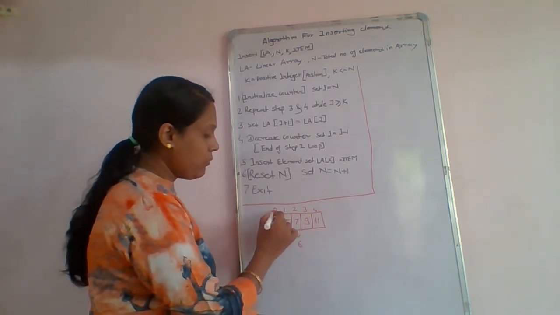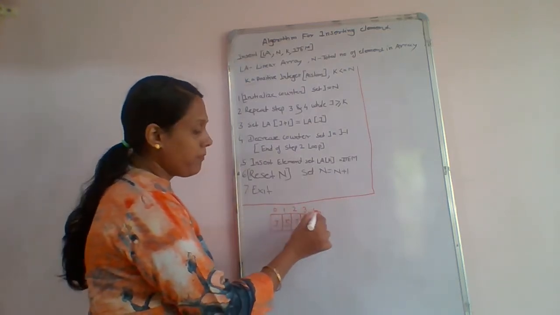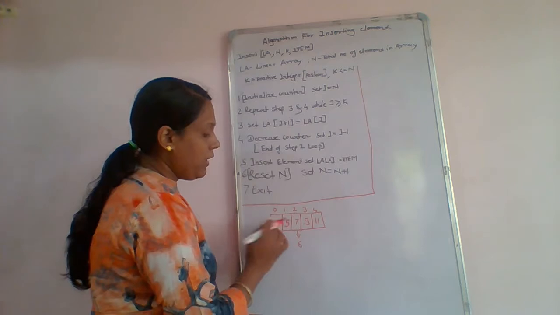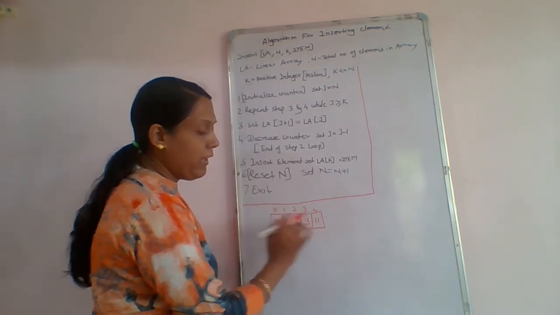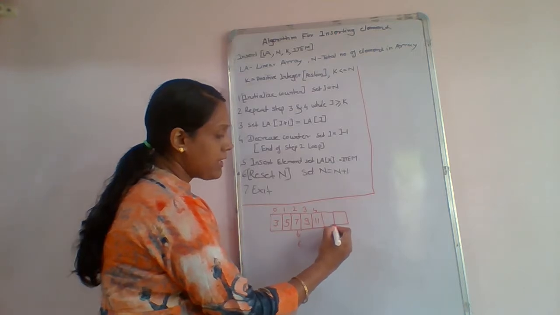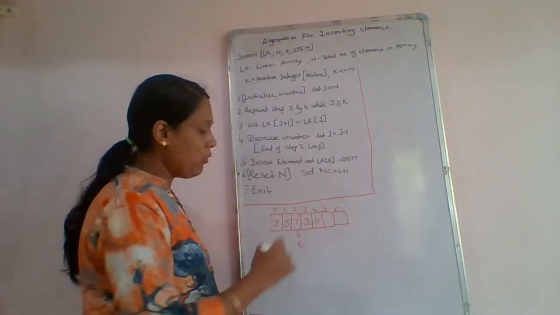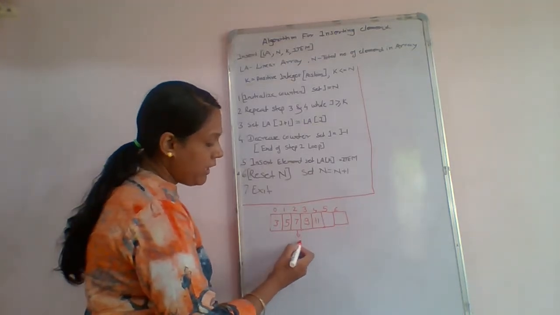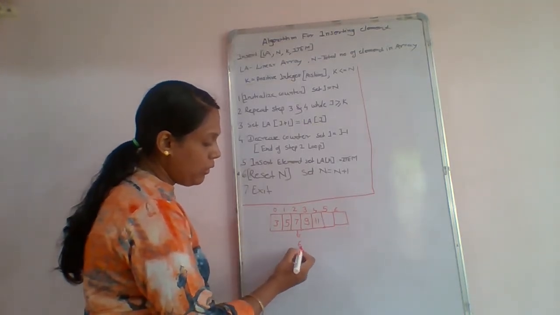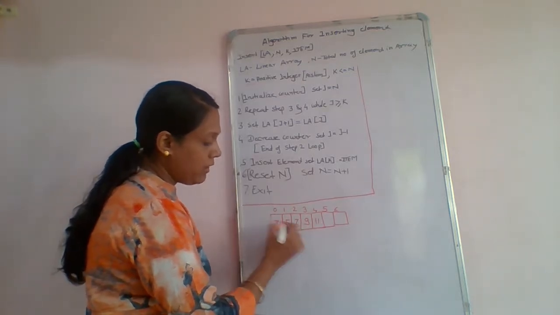As we started from 0, the end point will be 4. If we started with 1, then here it will be 5. So in our array there are a total of 5 elements. Now as per the logic of insertion, the element 6, that is the actual value, this 6 we want to insert here,